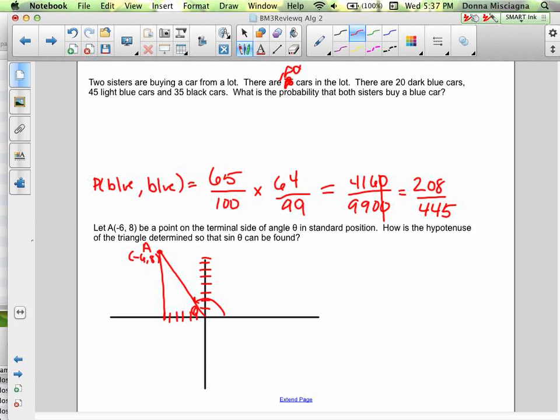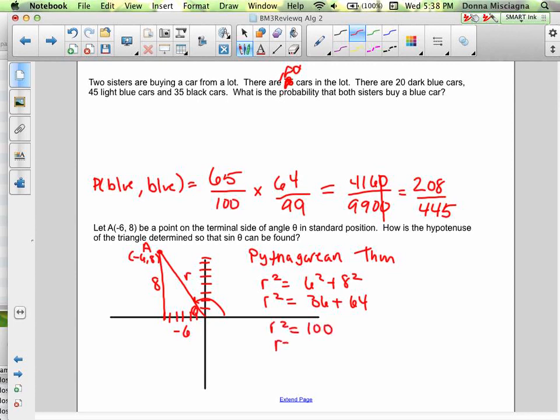The adjacent side is going to be the x, so that's going to be negative 6. The opposite side is y, so that's going to be 8. And then, so that you could evaluate sine theta, you would simply use the Pythagorean theorem to find your missing hypotenuse. I'm just going to call that r. So r squared equals 6 squared plus 8 squared, which means r squared is 36 plus 64, or 100, which